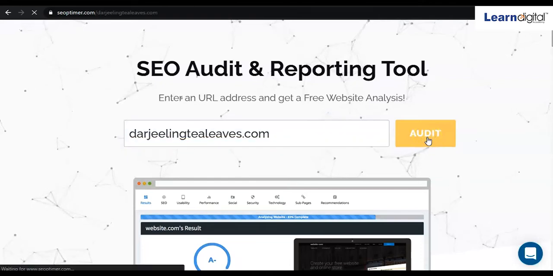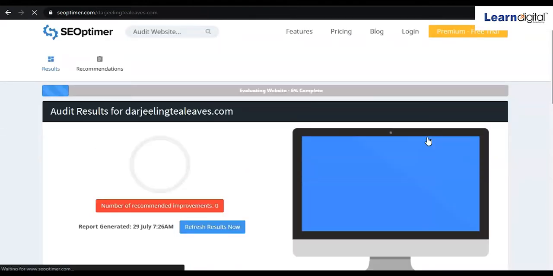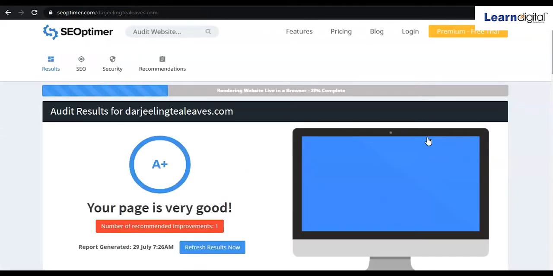Once you click on audit, it will start analyzing the website and creating the report as well. Normally it takes a little time to prepare that report. Here you can see right now it is working on that.